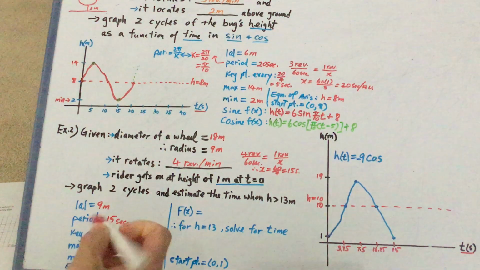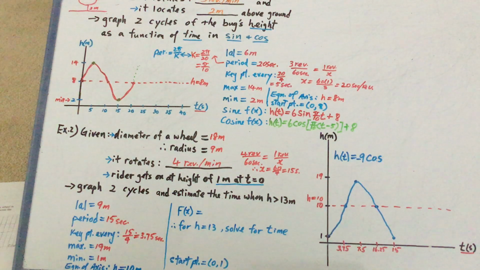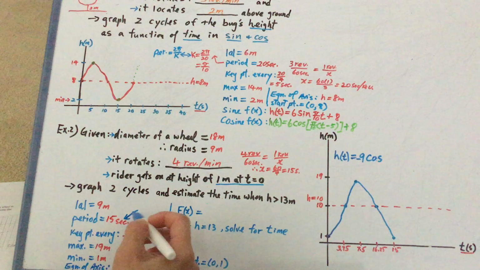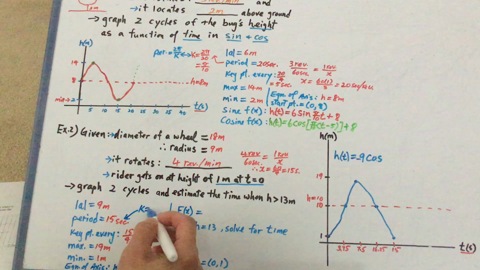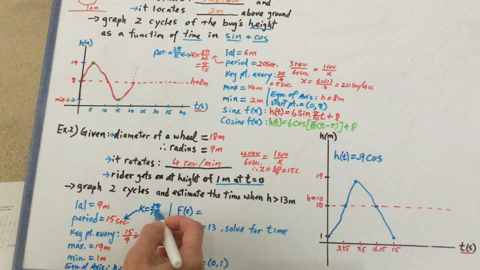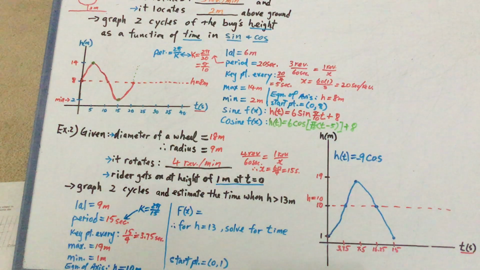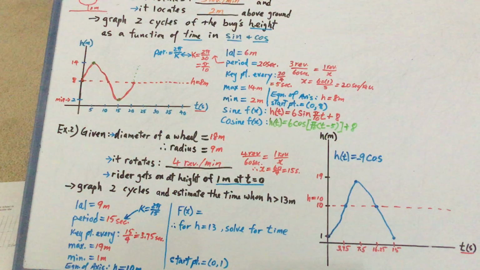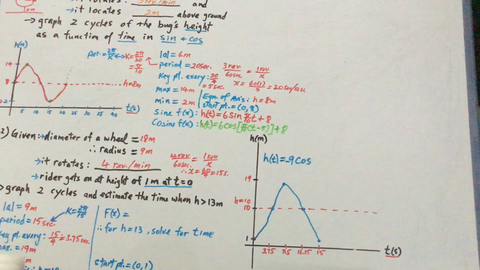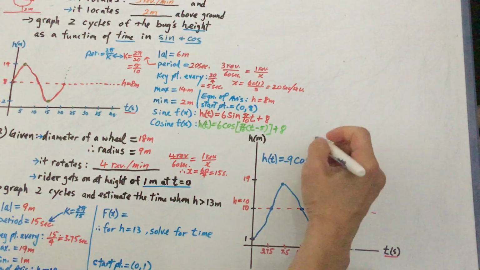The period is 15 seconds. So if I want to find the k value, k is going to be equal to 2 pi over the period, 15. Since I don't have anything to reduce, the k value is 2 pi over 15. So over here, I'm going to continue with my